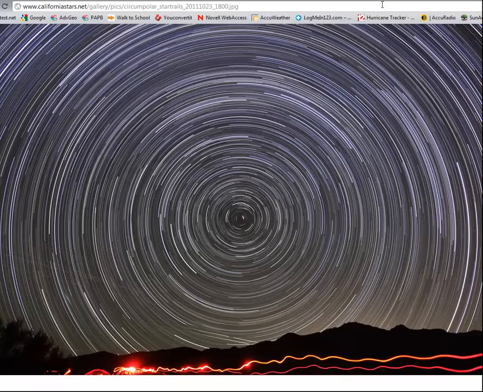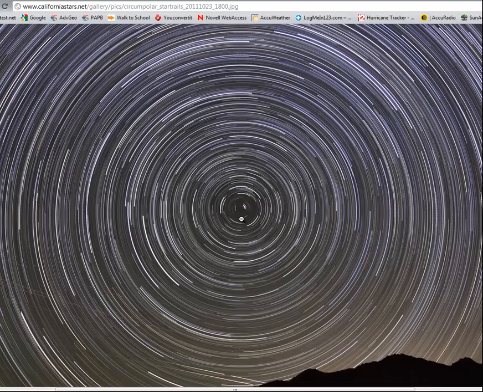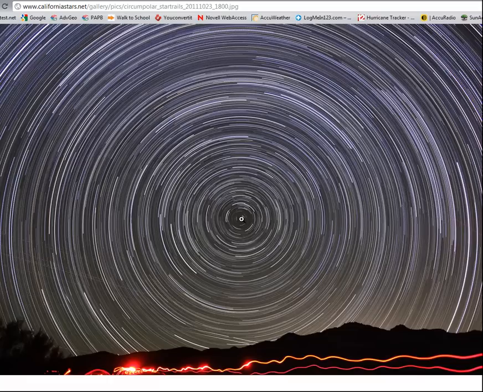So what I want to do is to talk about circumpolar constellations. If you take a look at it, we actually look toward the center here. In fact, I can make this a little larger. This is taken, I'm not exactly sure where. We have some lights, people walking around down here. We have a tree that doesn't move, mountains that don't move, and we have a sky that looks like it does. If you look at some of these star trails, like that one right there,